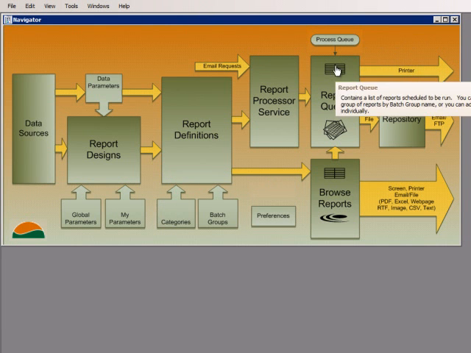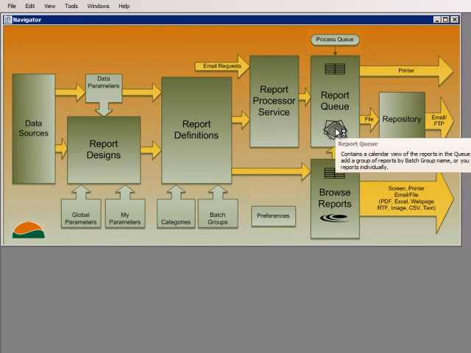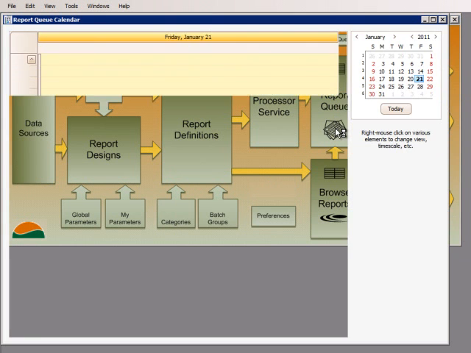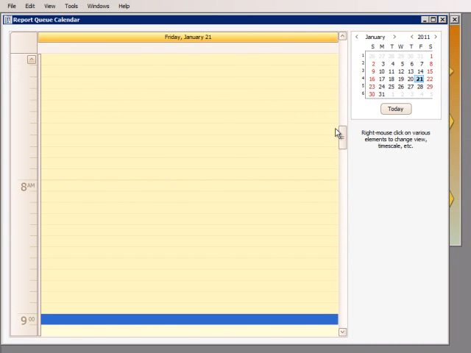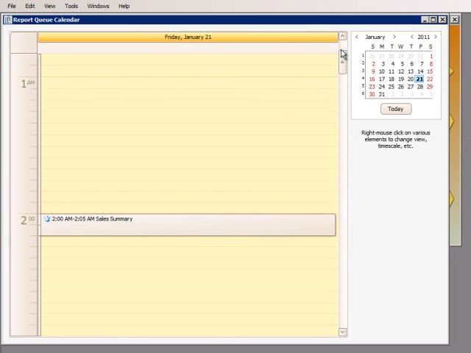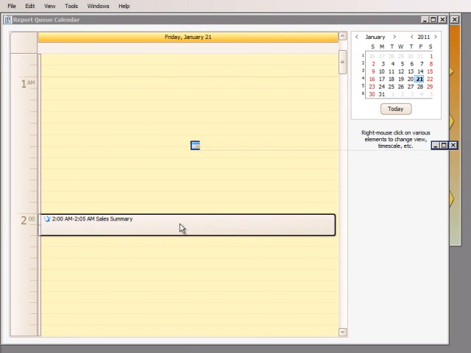There's also a queue list here, and there's a calendar view, and we're going to click on the calendar view because what we want to do is schedule the recurrence of this. So let's go, we're looking at today's view. Here's the report we just added. I'm going to double click on that,